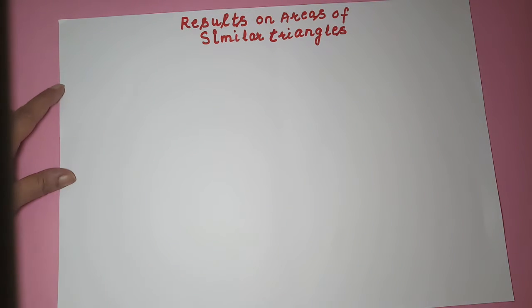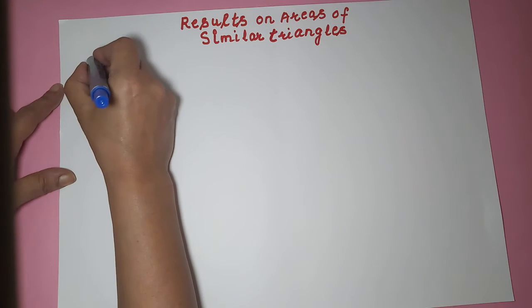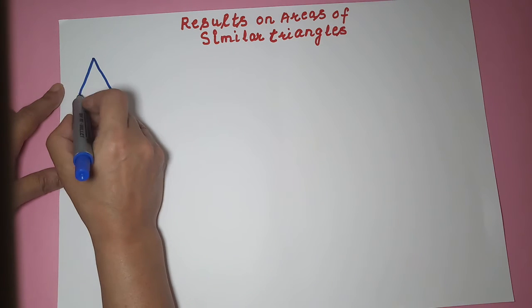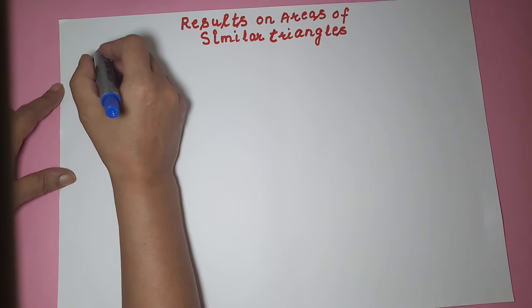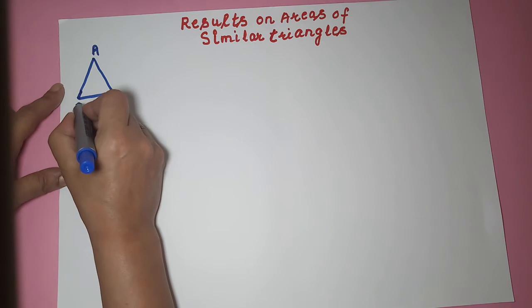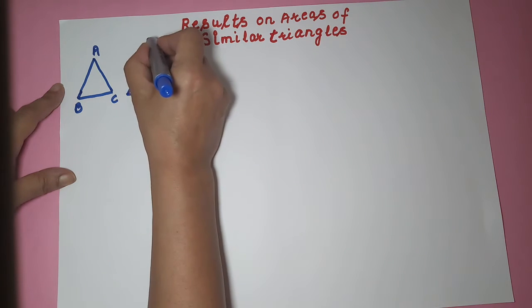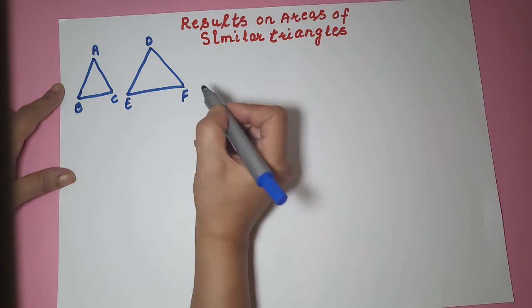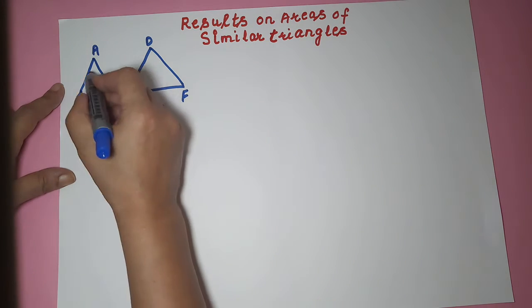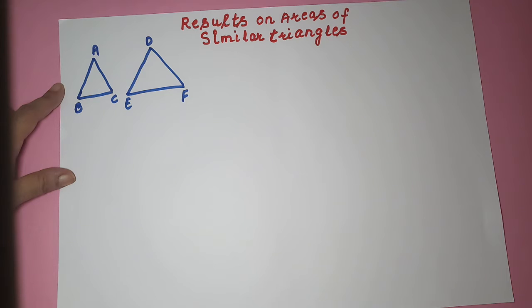So our first theorem is that if you have two similar triangles, so I have triangle ABC and triangle DEF, and then I can say that these are similar triangles, right? They are given that they are similar. The theorems that we are going to learn here apply to similar triangles only. So sometimes if the triangles are not similar, you have to prove them similar first and then you can apply the theorems that we are going to learn.